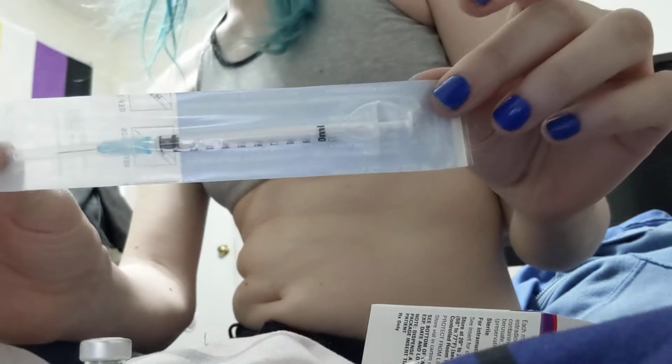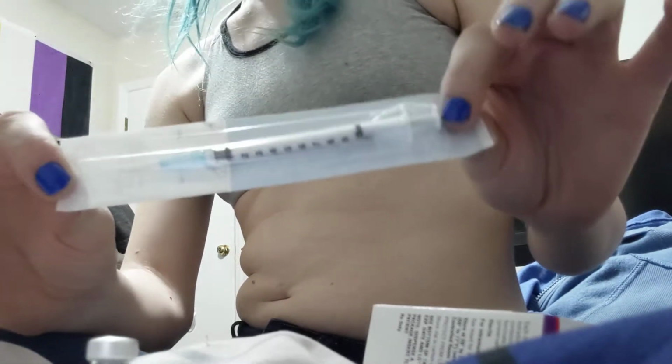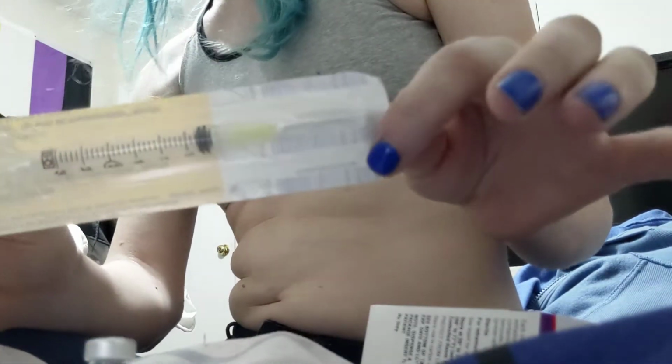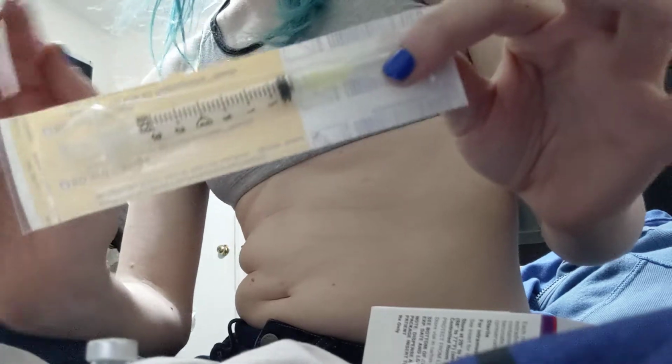It's a 1 milliliter syringe. This is the one I'm actually going to be taking up the injection with and injecting with. And then I have, because I went to CVS and they didn't have the 20 gauge needles alone, I had to get them with a 3 milliliter syringe, which I will just be discarding. So first things first, you want to take your first alcohol prep pad,